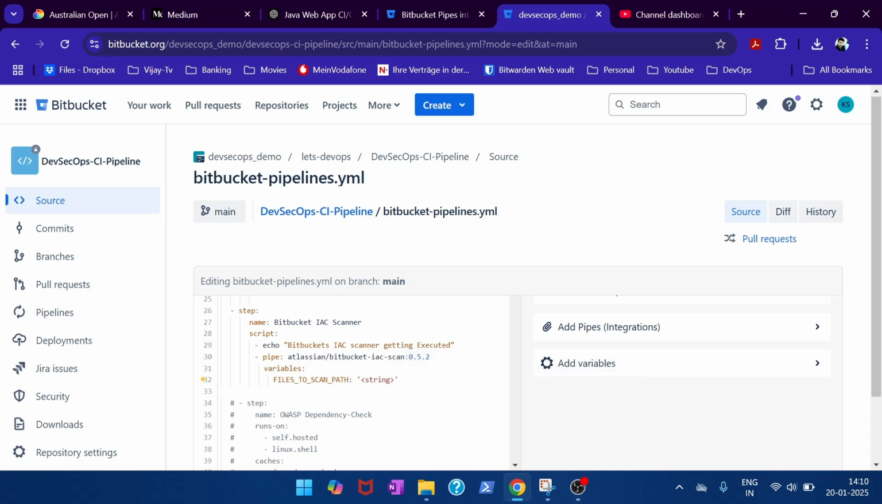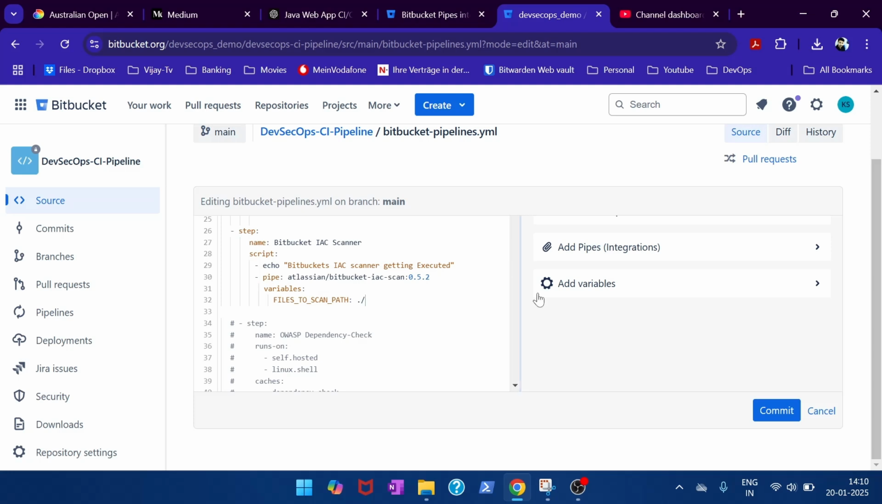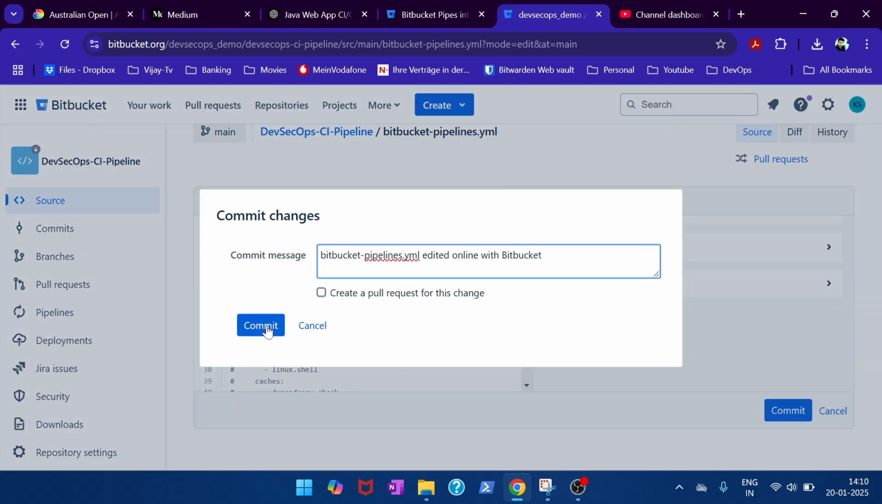Right. So here you give the path of where your infrastructure code sits. I will just give the current root folder so that it picks up every file that is sitting there, identifies what is the infrastructure file, and then does a scan. Just like how we did it for Snyk. Snyk in itself identified that the Dockerfile is the file that it is very interested in, because that's what is related to the image, and then started scanning. That way, we will also leave the root folder path for this Bitbucket IaC scanner. Commit,